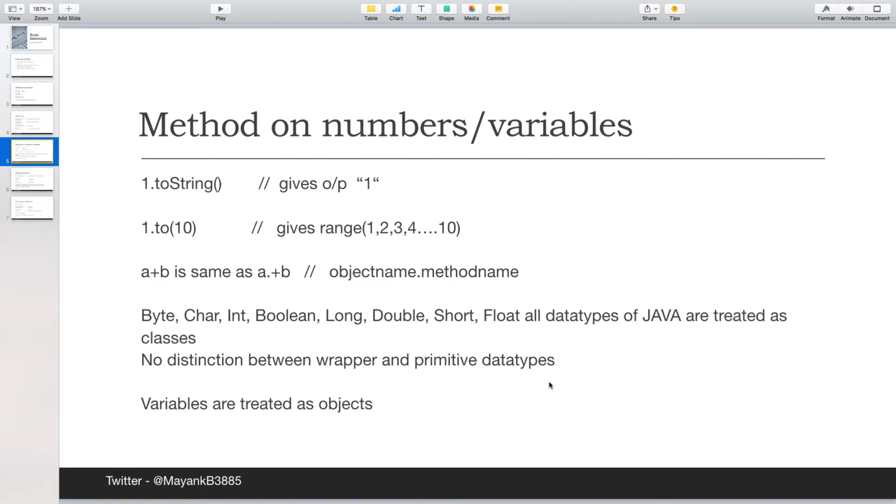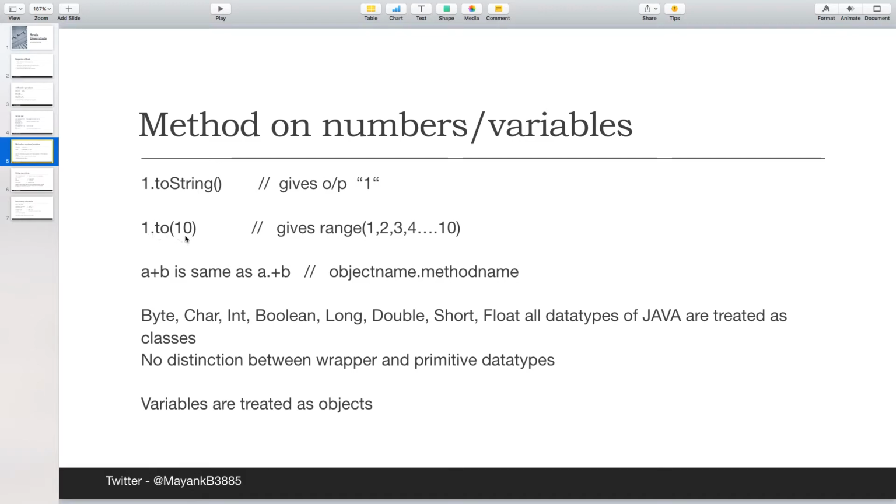Now coming to a very interesting part of Scala, which is unique to Scala, and that is that you can use methods directly on numbers or variables. If you know Java, you have something known as object name dot method name to call a particular method. In the case of Scala, any number can be used as an object, and then you can call any method directly on top of it.